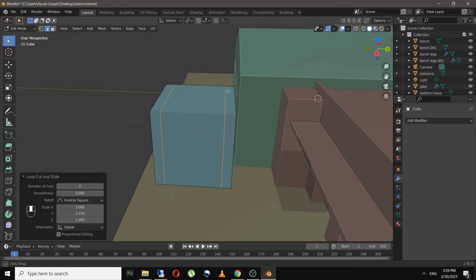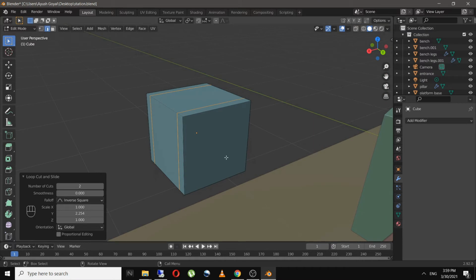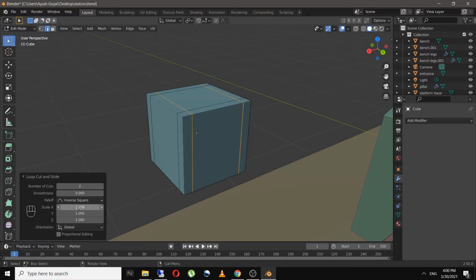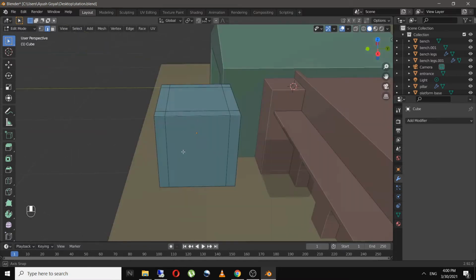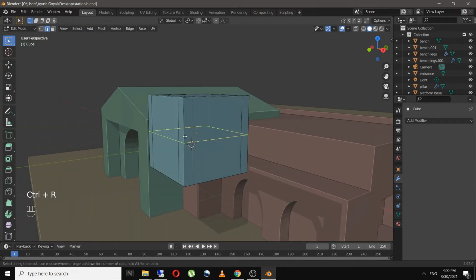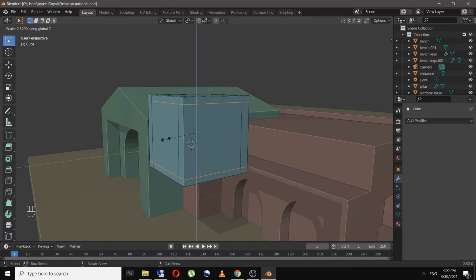I'll repeat the same thing and scale them on the Z axis this time, just over here. And the last two loop cuts I'll add over here and scale them on the Z axis, just like this.